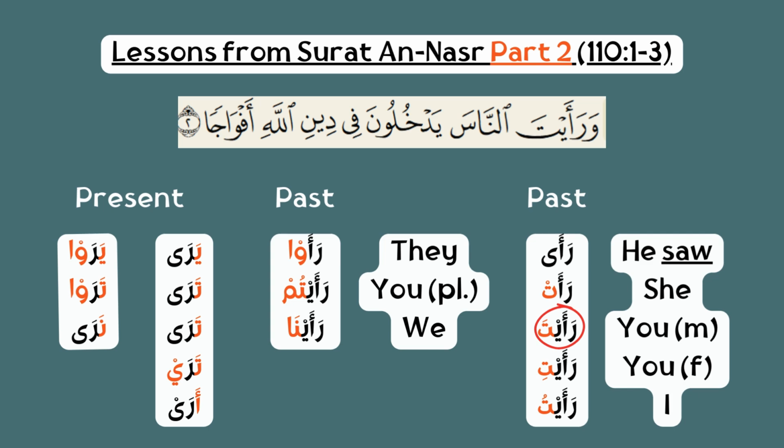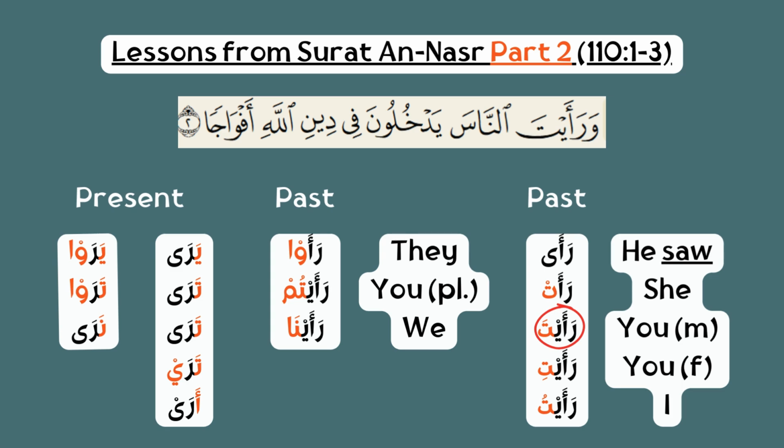But what I wanted to show you here is that by adding the orange suffixes, and in some cases in the present there are prefixes as well, all of them in orange on the screen, this is basically showing you who's speaking, or who did the thing. It's the same through all the verbs. You add the same suffixes and prefixes to denote who it is, he or she or you or they or we, and so on. We're going to look at that in more detail in a second. This particular one is ra'aita.